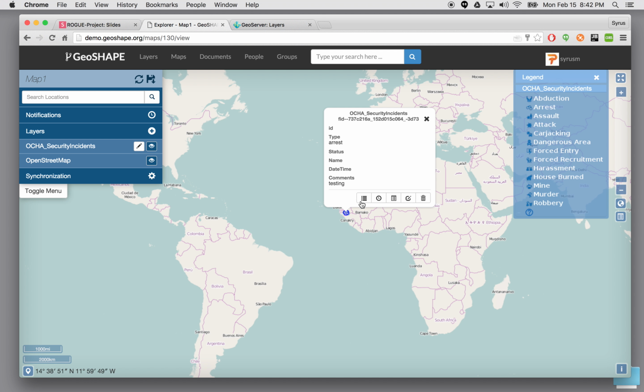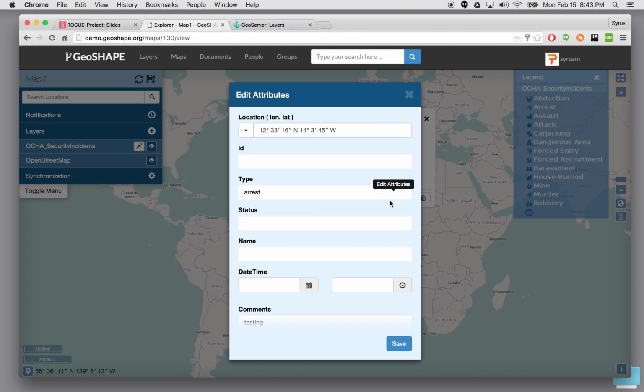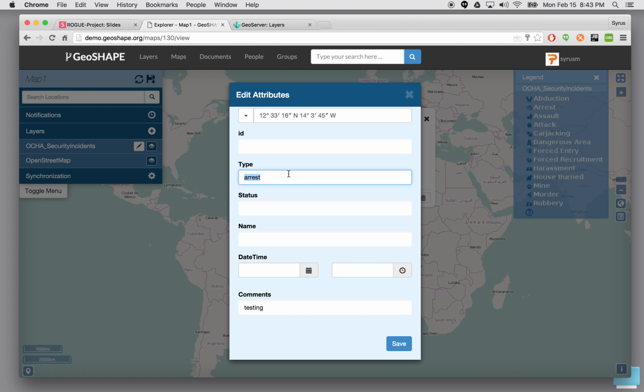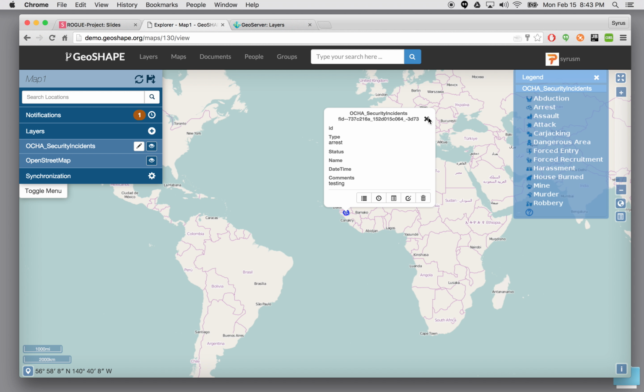Now, this is a bit cumbersome because the user first has to know what the values are and get them just right for it to show up. So what we need to do now for this particular layer is have a drop-down for type, pre-populated with all the choices we want to allow the user to select from. So to do that,